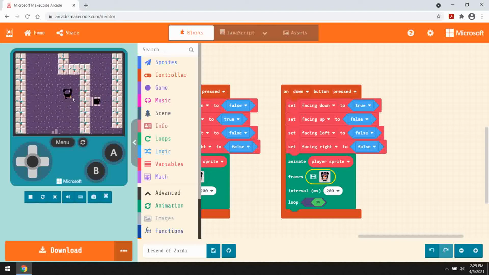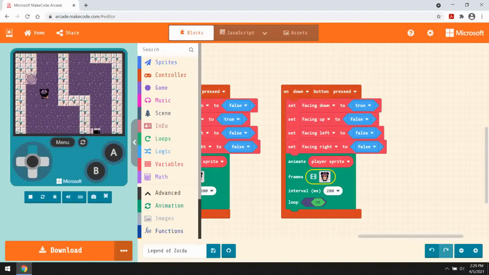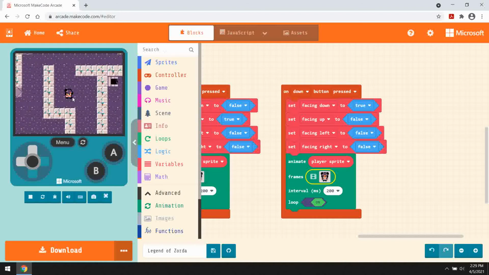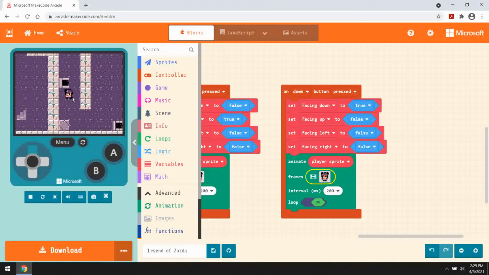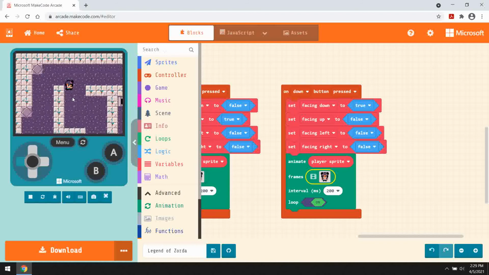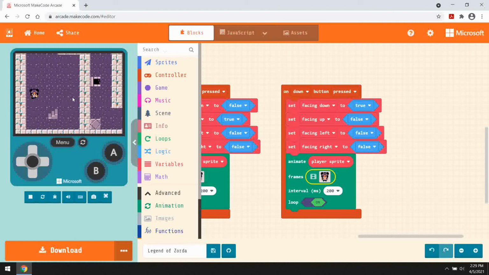Right side, great. Up, great. Left, great. Down, great. So we really have great looking animation on this character right now. Okay, the next thing, let's shoot an arrow. So actually,